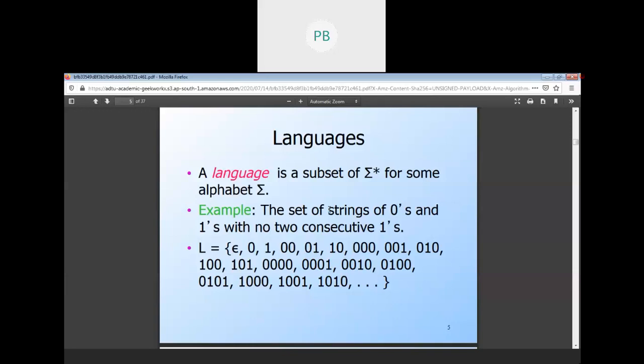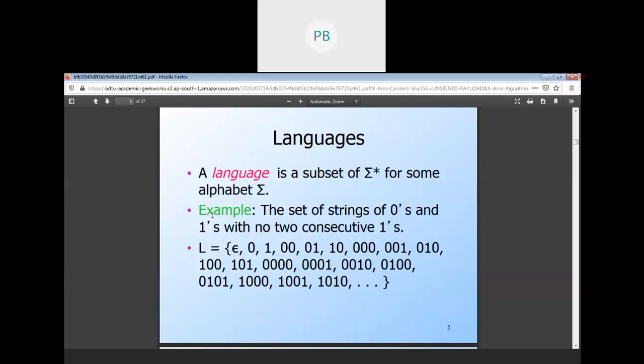Out of this, we extract a portion, some selected elements, and we create our own sequence, using which we communicate with each other.